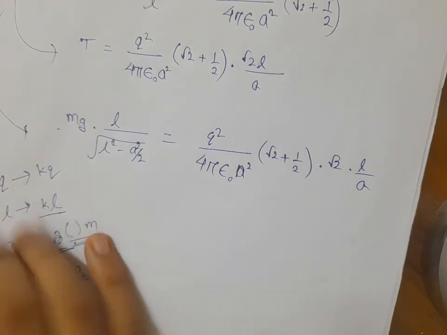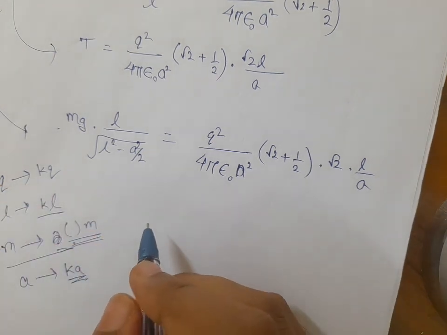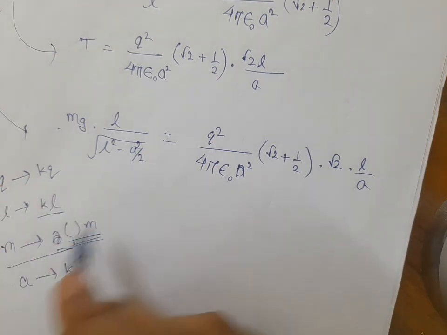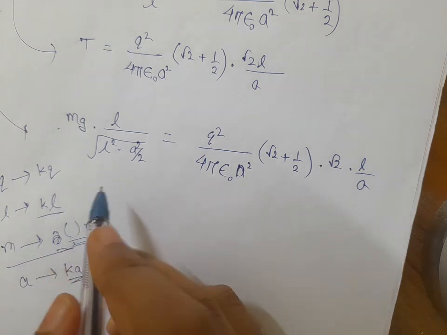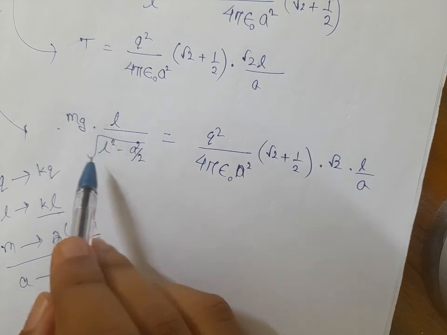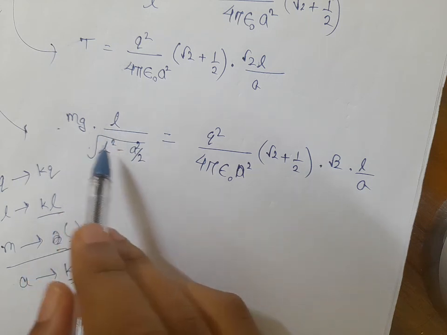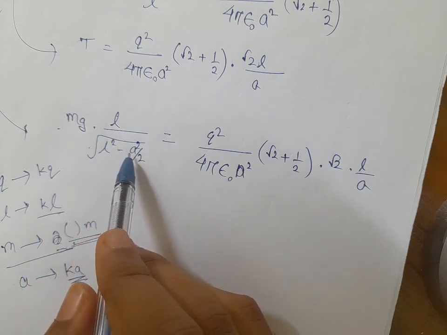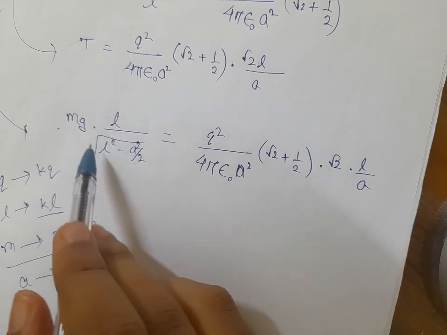So in an objective question you can do it orally. In this case, if L becomes kL and A also becomes